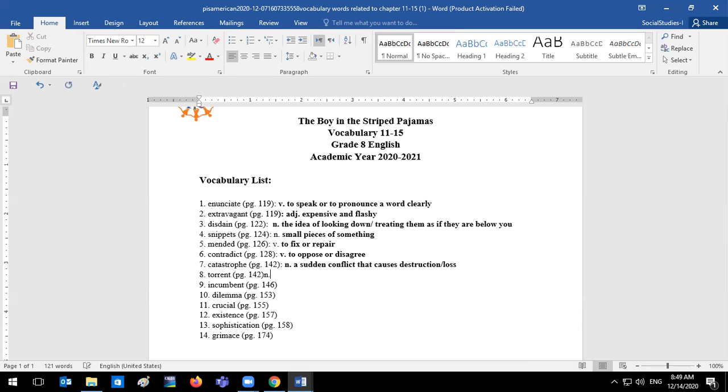A torrent is a noun also, and it refers to a flow of water. We meet the word torrent again when we were describing Pavel, and they said that his eyes were filled with tears, that a torrent of tears was going to flood out if he blinks his eyes. That means a lot of water was kind of trapped in his eyes, tears per se, from all the sadness. So basically, a torrent is a flow of water, a heavy flow of water.